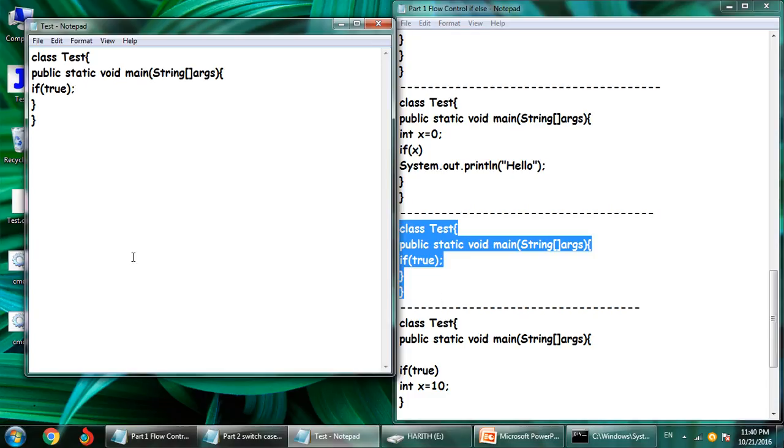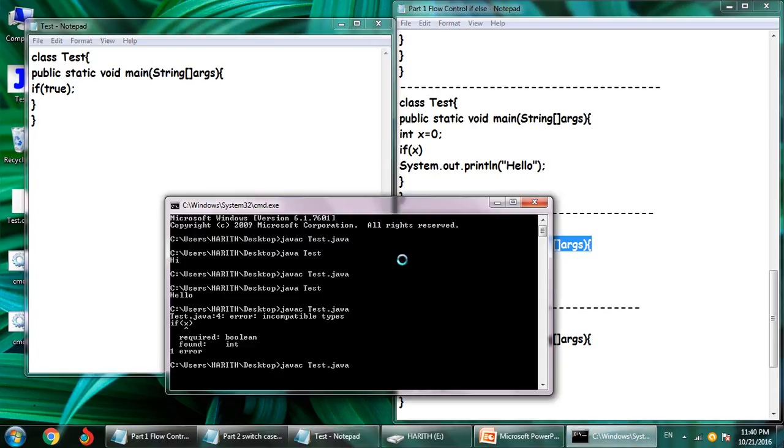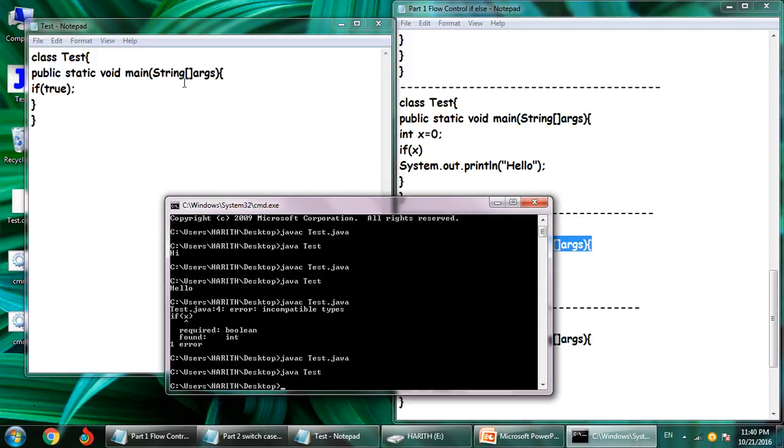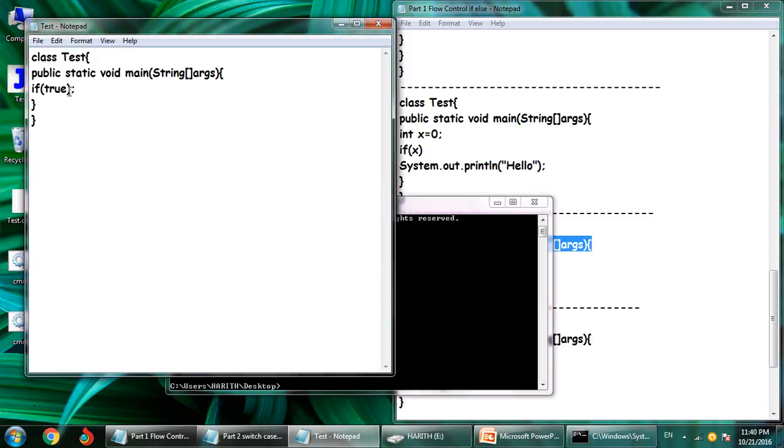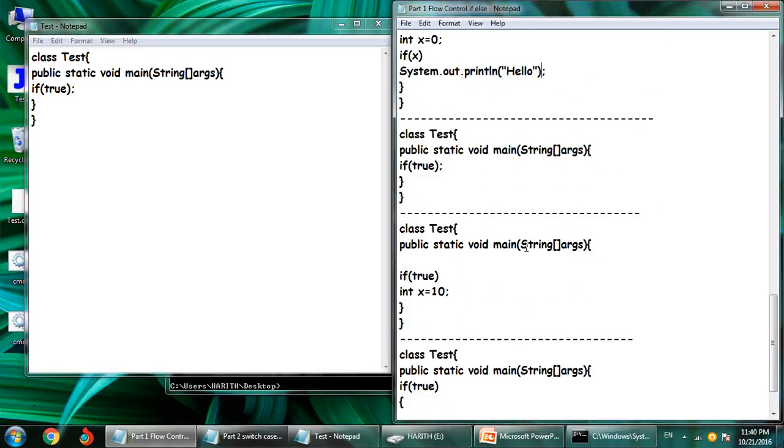So what will happen? Nothing will be printed on the screen, and this is the right thing to do. This is the right syntax. It's not going to flag any kind of compile time error. Wow. So see, nothing is printed onto the screen for compile time. No runtime exceptions are there. So it's a perfect code, right? Now the next thing is we have